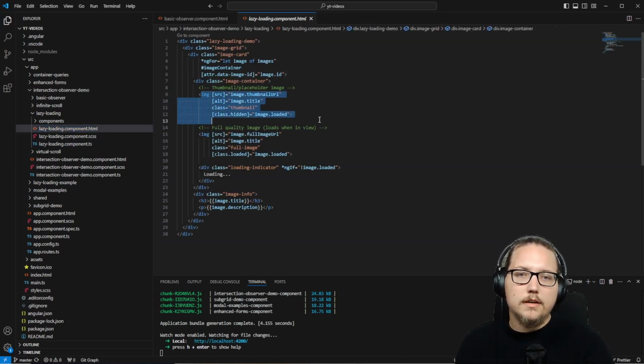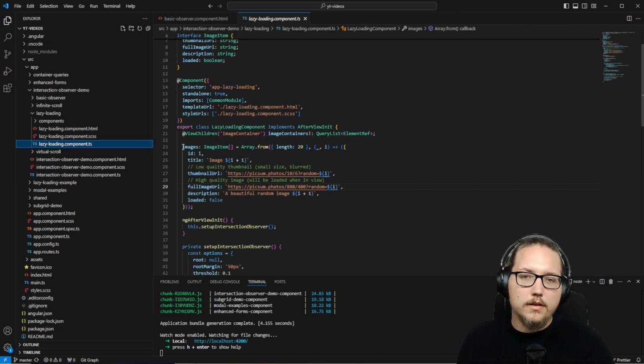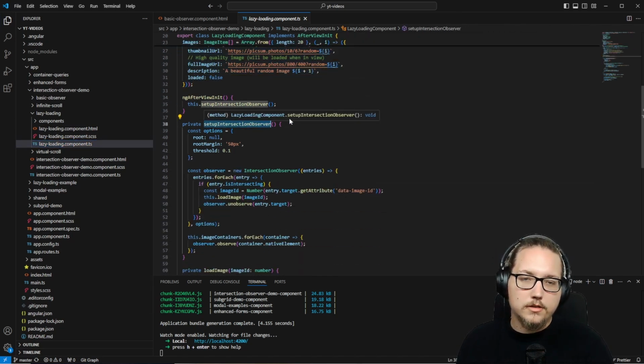We also have a thumbnail URL and a full image URL. What happens here is that we're rendering all images, but we're also setting up an intersection observer,